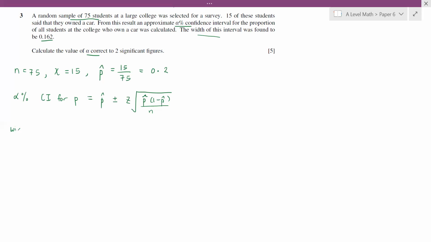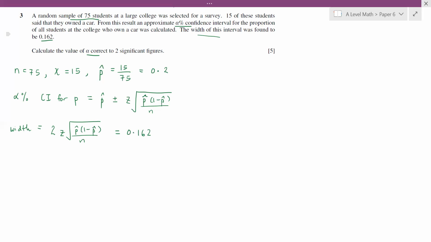The width of this confidence interval, because of the plus minus, is 2 times the critical value and the square root of p hat 1 minus p hat over n. This is the width of the confidence interval, and we are given that the width is